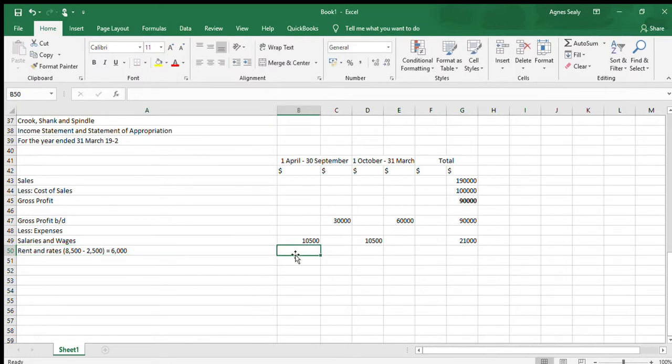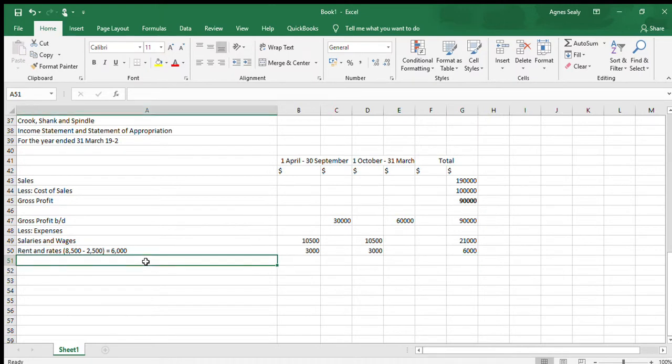Right? So therefore, the $6,000 would have to be split between the old agreement and the new agreement. So we have 6,000 divided by 2, which is $3,000. So we have our total rent and rates of $6,000 that we incurred for the period. Our next